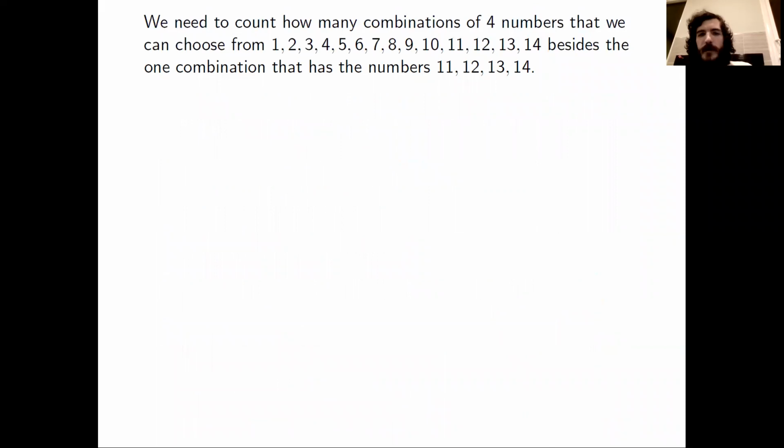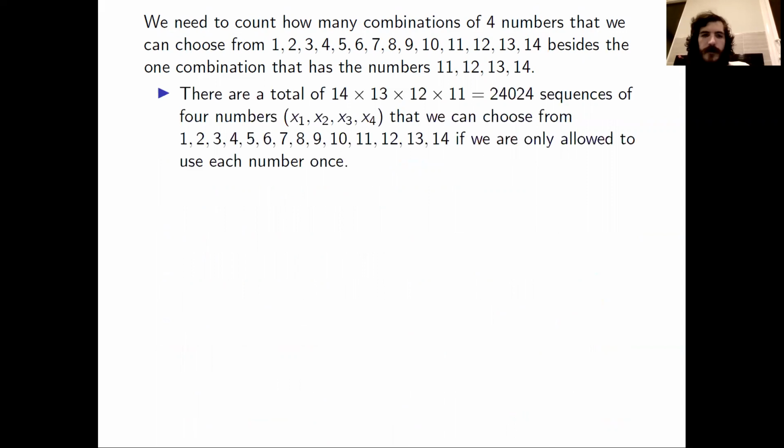So again at the top, that's the problem that we're trying to solve. How many combinations of 4 numbers can we choose from 1, 2, 3 up to 14, except for the one combination with the numbers 11, 12, 13, 14? We found that there were